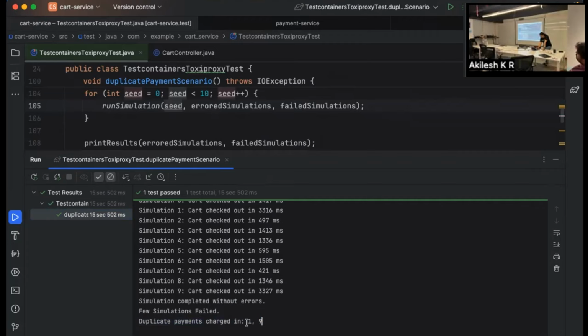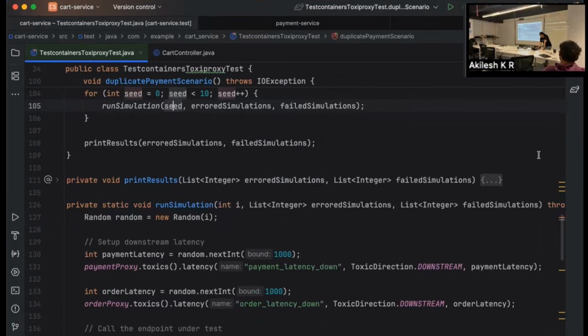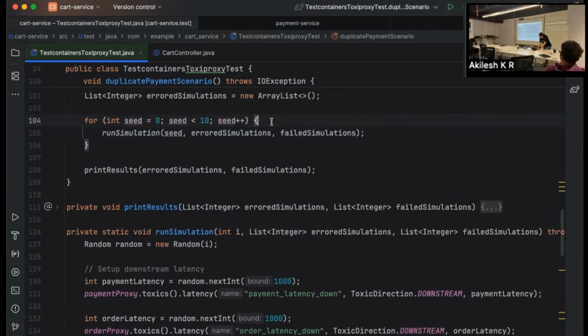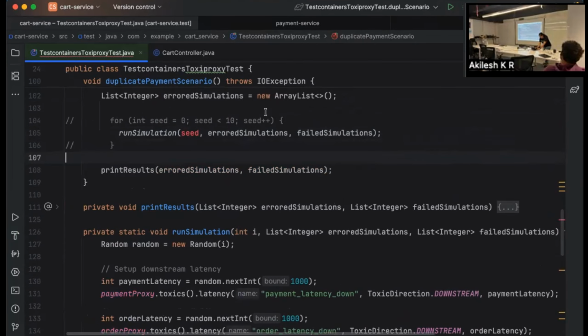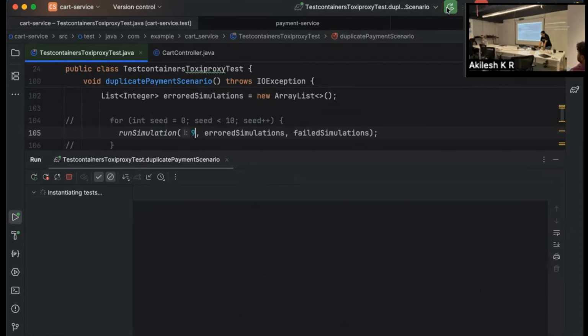The good thing is if we are able to run the simulation with either of these two as a seed, it will always be reproducible, right? So let's try that as well. Let's try 9, and let's run the test again.